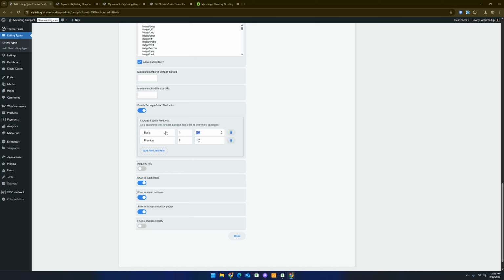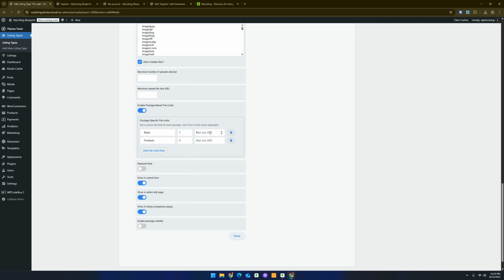I typically do file sizes globally, so on my sites and my starter sites I wouldn't be setting a value here. I do that with custom code. It's just harder to manage and remember what you set here. But that being said, if you think that you want to try and monetize based off of not only how many images are allowed, but also giving people the chance to upload bigger file sizes, I probably wouldn't do that personally. Yes, the number of files, but not the max file size,